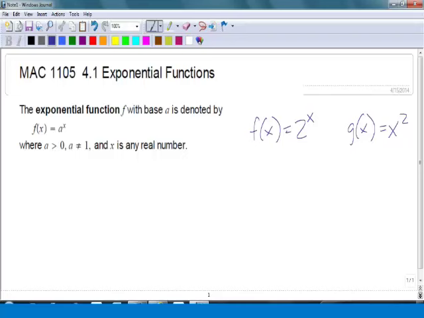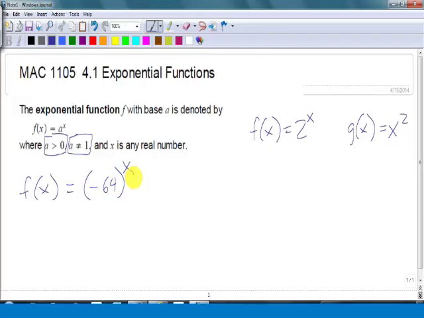In order to make that happen, what we need is to restrict the value of the base only to positive numbers, and one additional restriction, not so much for the domain, but just to make exponential functions behave like they behave, we'd like a not to equal 1. We want a to be greater than 0 because if we were to define, say, a function f of x equals negative 64 raised to the x power,